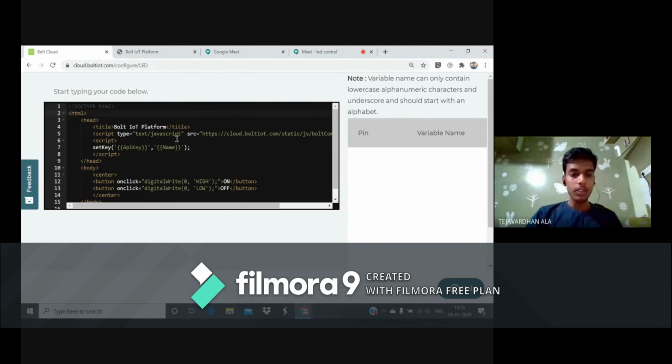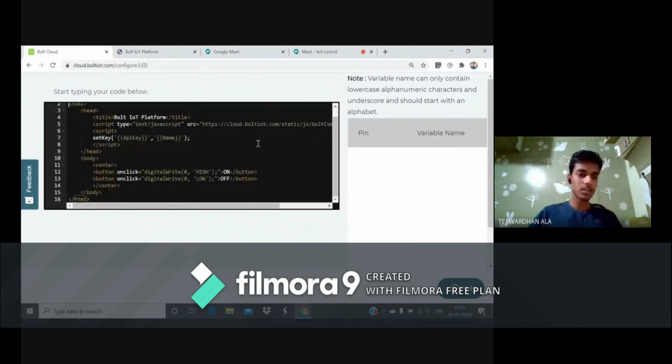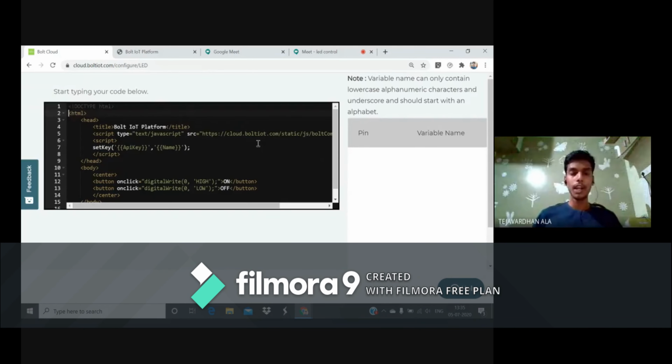For this we are using another predefined function: digitalWrite, digitalRead, and some other functions. At the top I already explained about this JavaScript. In the header we used some JavaScript predefined functions in order to use digital functions like that. In order to perform these high-low functions, we have to use this digitalWrite 0. Then only it will work. After that, I close it. This is the code, friends. With this, the code is completed. After that, we have to save this code and exit it.